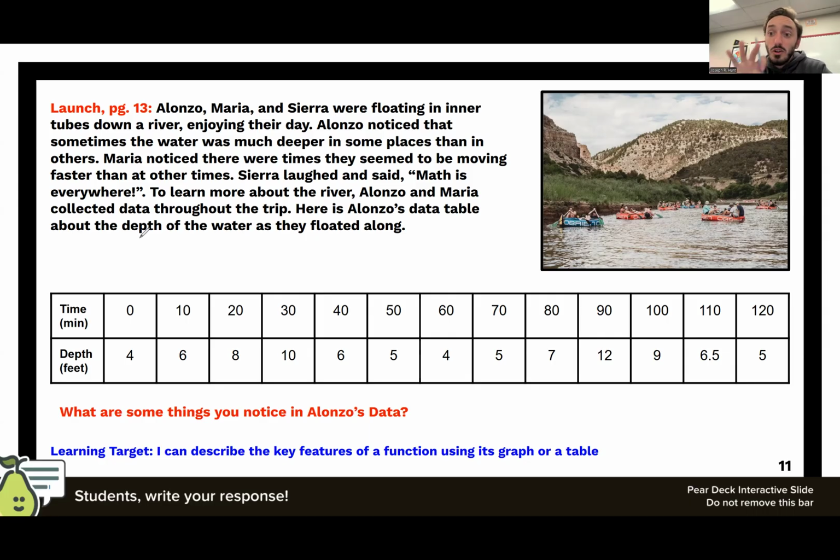All right. So we've got a table of values. Alonzo's just been marking it down every 10 minutes as they go. We'll assume he's got some sort of tool to check the depth of the water. Maybe they have a long oar to help them paddle if they get in a weird spot on the river or something. We'll notice that time goes from 0 to 120 minutes. We're going to refer to that as the domain